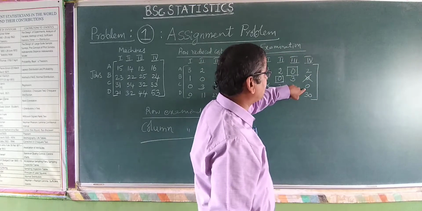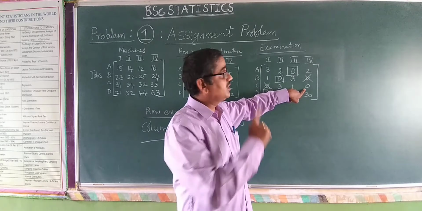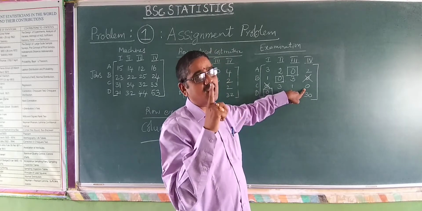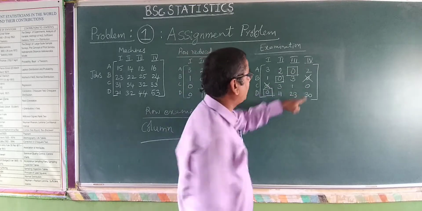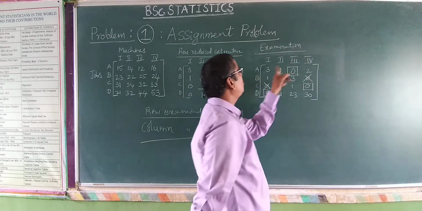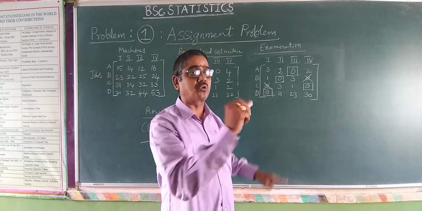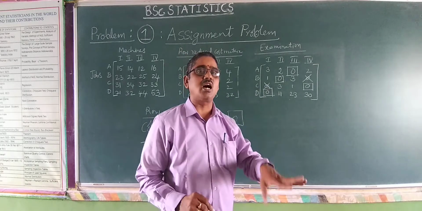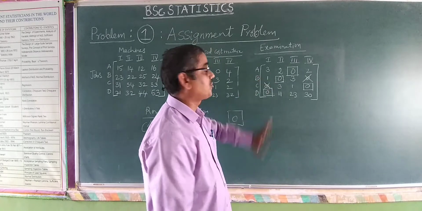One single 0 is there, it is not assigned. Remaining zeros are crossed. Therefore, you should not consider that particular 0. So now we have to assign this particular 0, and then we have to cancel any other zeros in its column. We have to cross out. No 0 which was not crossed, which was not assigned. So therefore, this is the procedure.